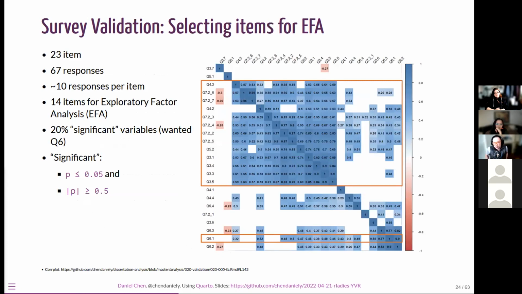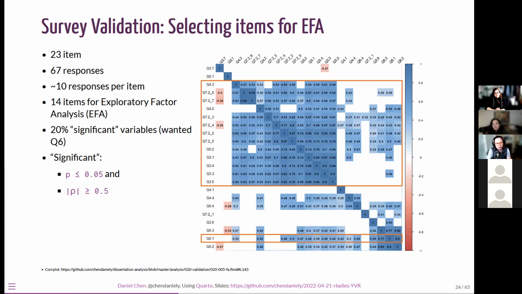So I have this survey, and now the question is, I am trying to use this survey to cluster and identify people, but I still need to figure out if this is even a good survey to use. Is this survey actually answering the questions I intend to capture? There is a method for that called exploratory factor analysis, which is one of the first steps in validating a survey. Of the 23 questions, known as items, and the 67 people,